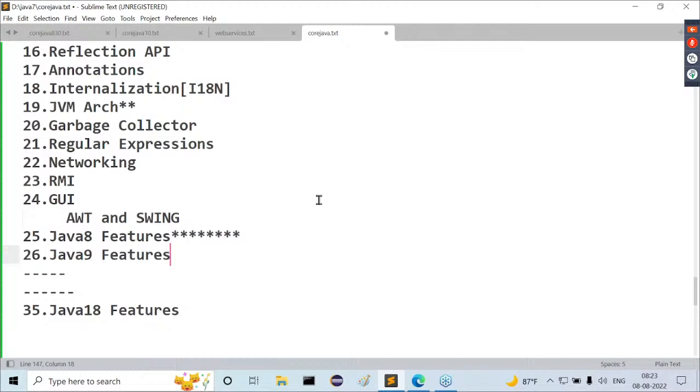Then one more thing I'm telling all of you, observe carefully. If you go for any interview outside for a full stack Java developer role, the interviewer asks 100 questions. From these 100 questions, you can expect 60 from core Java. Out of this 60, nearly 30 to 40 questions are from object orientation and collection framework. If you prepare at least these two topics, you can complete most of the core Java interview. That means almost 60 to 70% of the questions you can answer in core Java interviews, definitely.